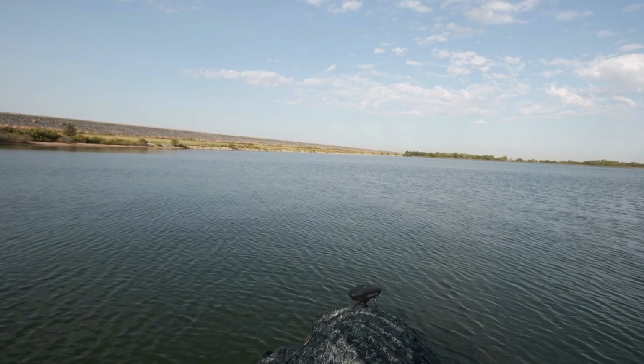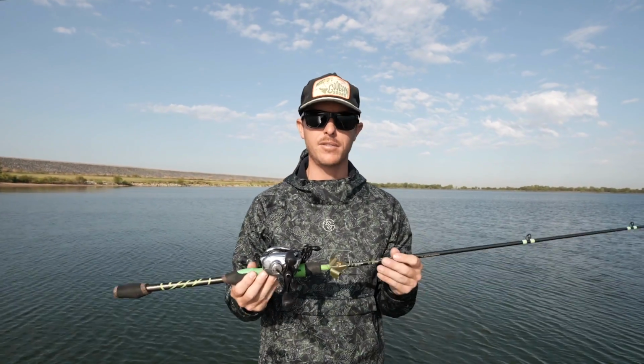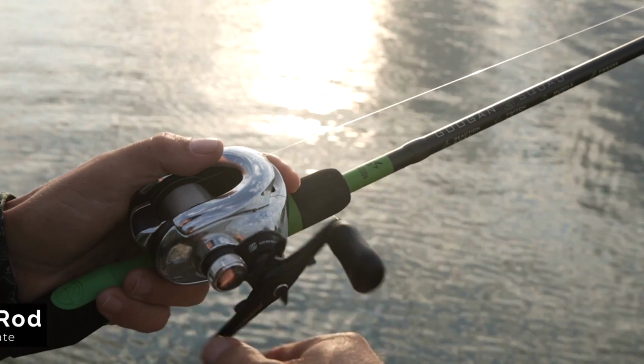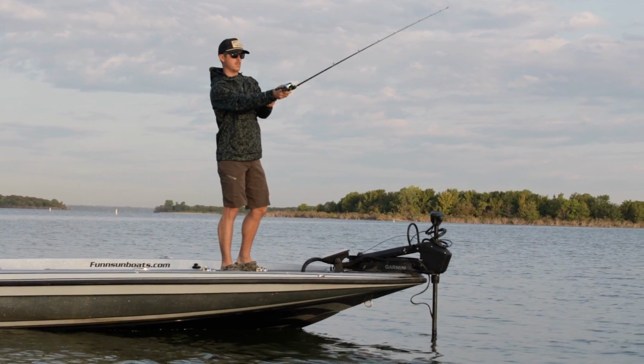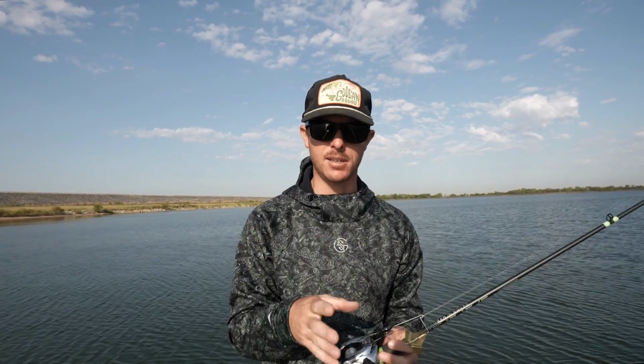So let me pick up another rod that's over 7 foot. This is the reaction rod. It's a 7.2. I love this rod for going down the bank, casting. Need a little bit more distance than a 7 foot, and it's just perfect for covering water. So that 7.2, I still get some accuracy, but I'm getting that extra distance on it, and that's what I